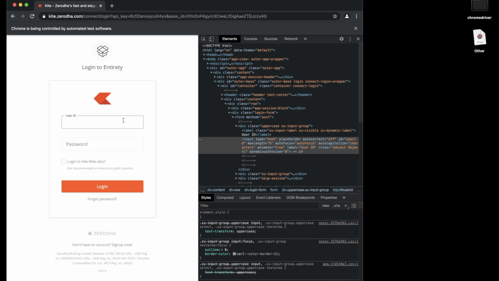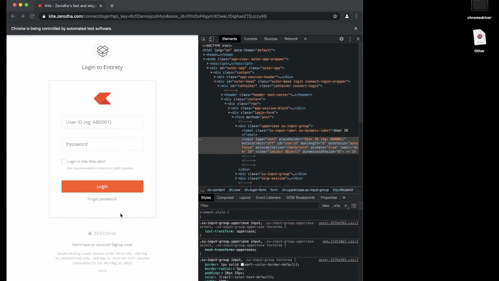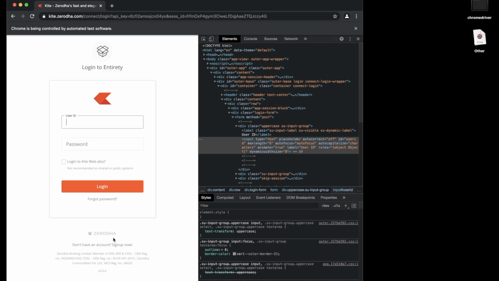Since this is the absolute path, it is not reliable. Suppose tomorrow the developer from kite.zerodha.com changes something on this web page or the login page.